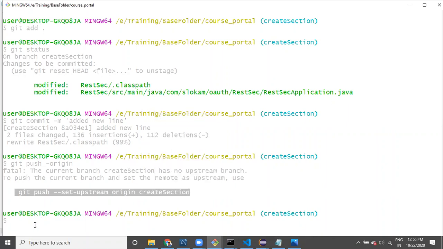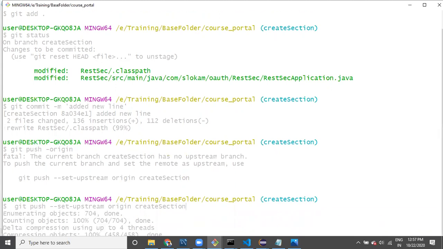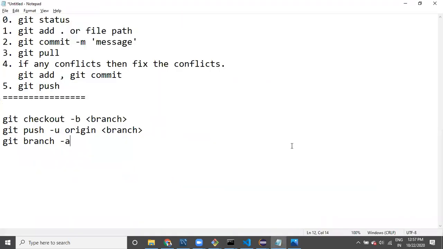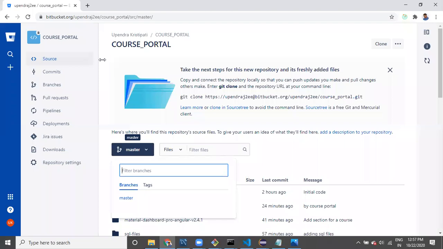See, it has given this, right? Git push set upstream origin create section means this create section branch is going to be created in the server, so that your changes will be available in the server.